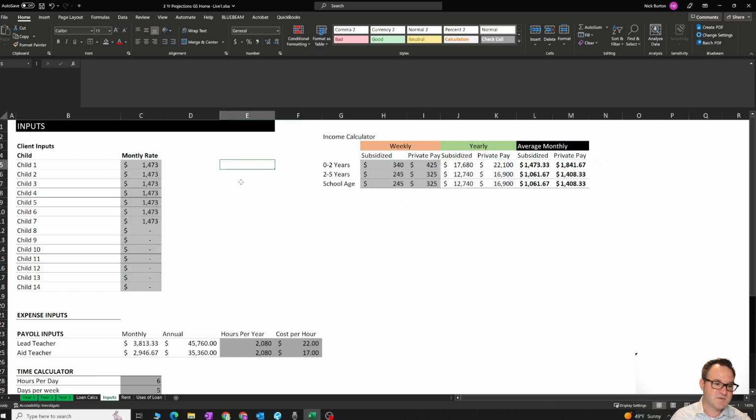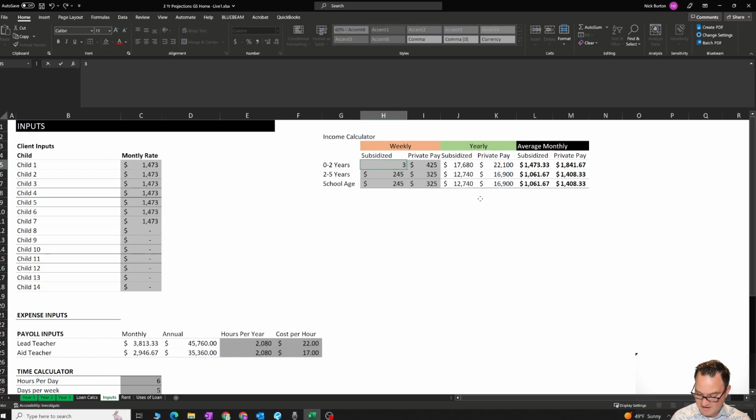So let's, just for fun, say that we are only doing infants, and that's where my first 7 are, and they are all subsidized. And let's say that subsidized amount is $370. So I'm going to enter that in. And that has changed this number over here, my average annual amount, to $1,603.33. So I'm just going to type in the numbers, 1603. And I can keep typing that in,